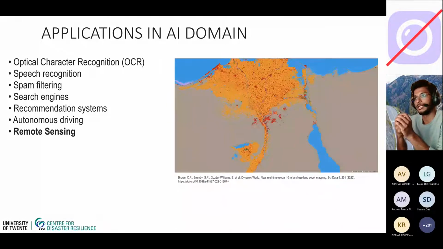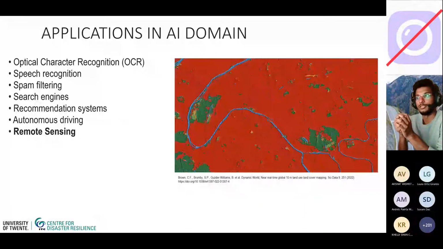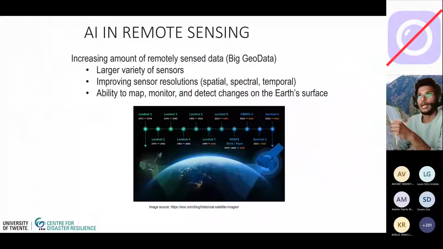And this is a published research, and now it's freely available in Google Earth Engine. So these are some of the examples in remote sensing. And we want to understand how we can use AI in remote sensing and why, because you see, this is an example of